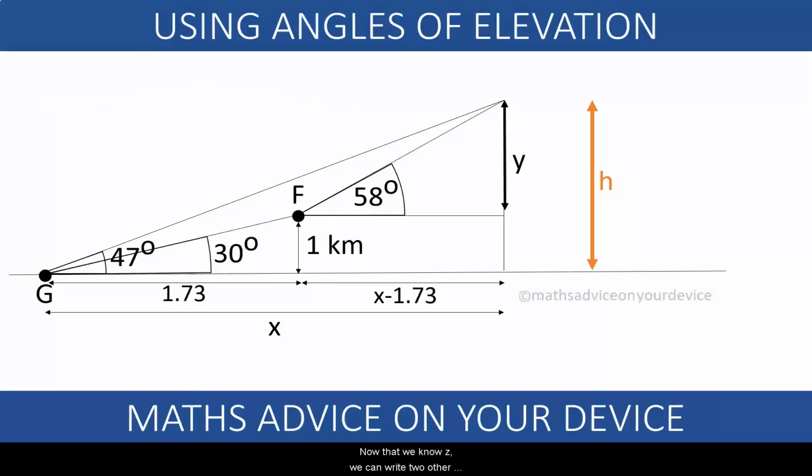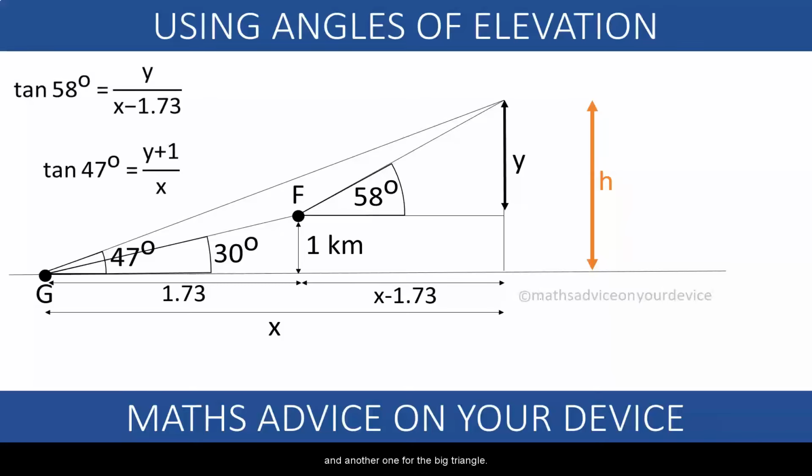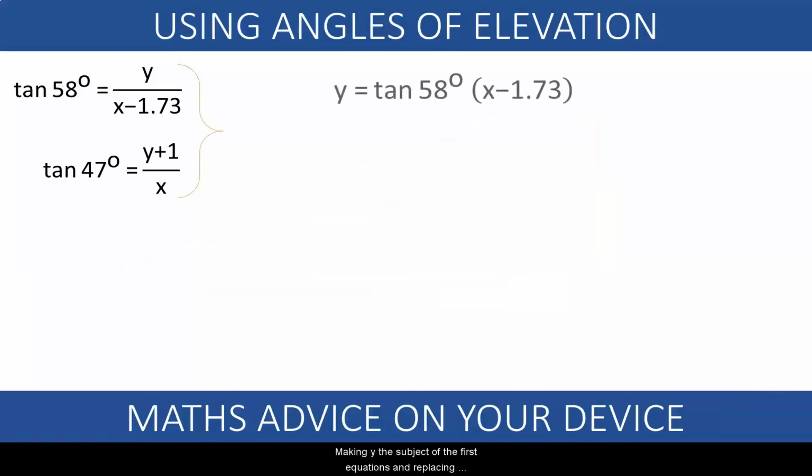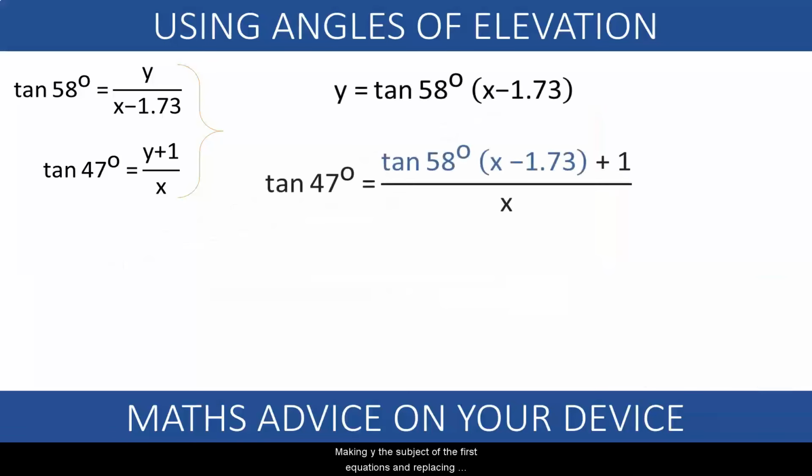1.73 kilometers. Now that we know z, we can write two other tangent ratios, one for the small triangle and another one for the big triangle. This is a pair of simultaneous equations. Making y the subject of the first equation and replacing it into the second one, we end up with an